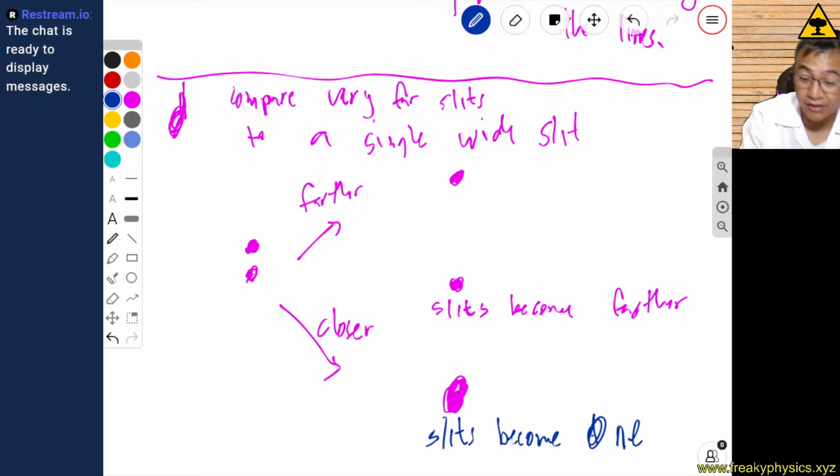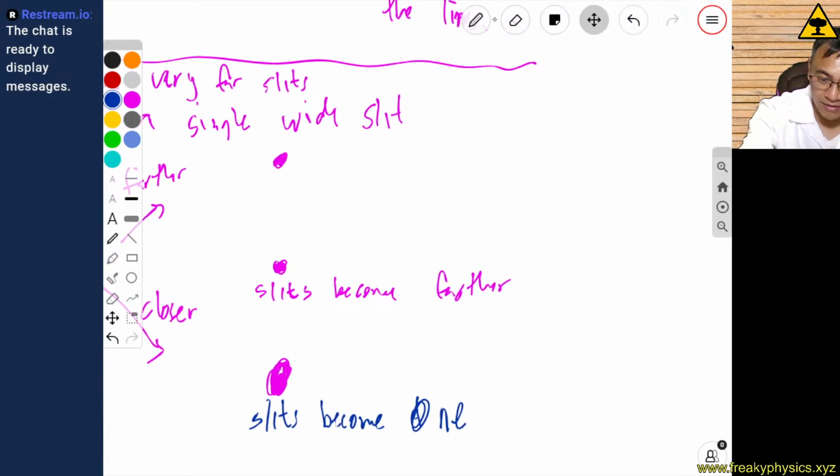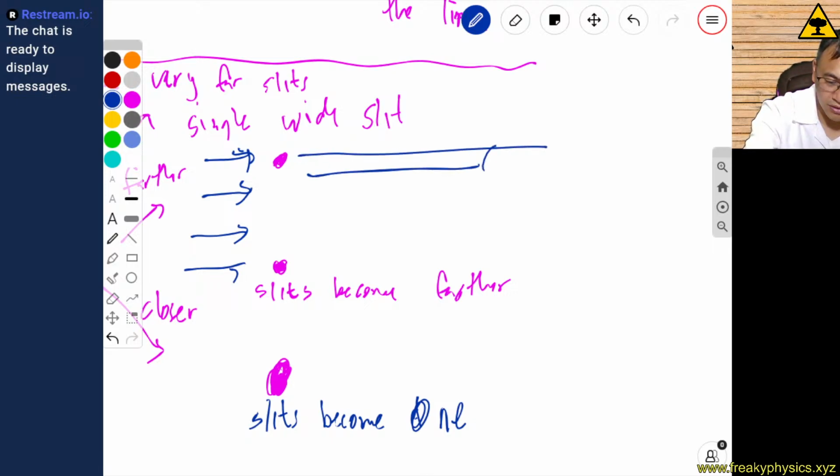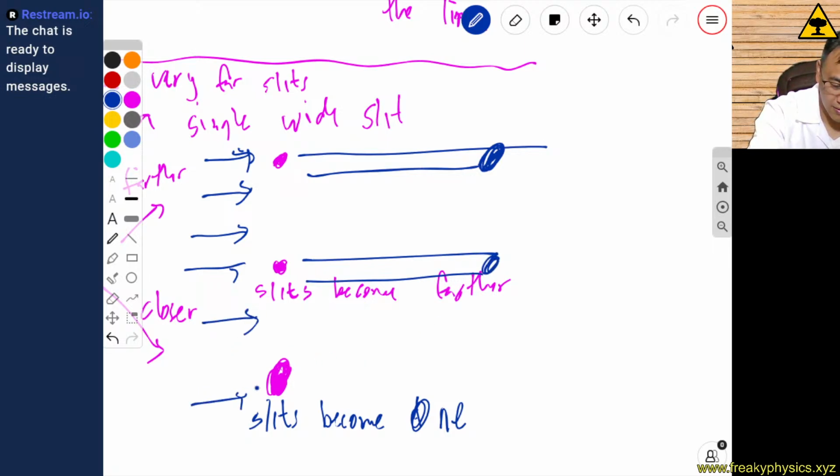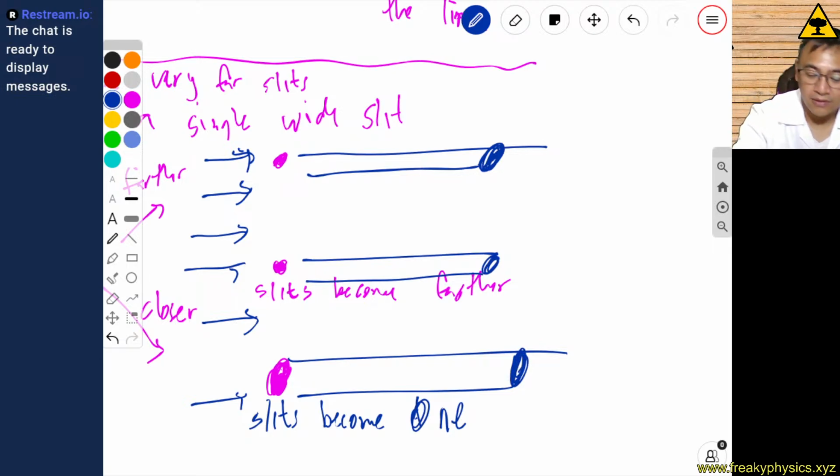Now remember, these are big slits. These are not microscopic slits that will happen to do that diffraction thing that we've been talking about so far with the double slit. Okay? But think about it this way. If you shine your light through these slits, the light is going to come in here, and then again, your light's going to come in here. But if your two slits become a single slit, you just have one big slit, right? So what happened? In this case, you are